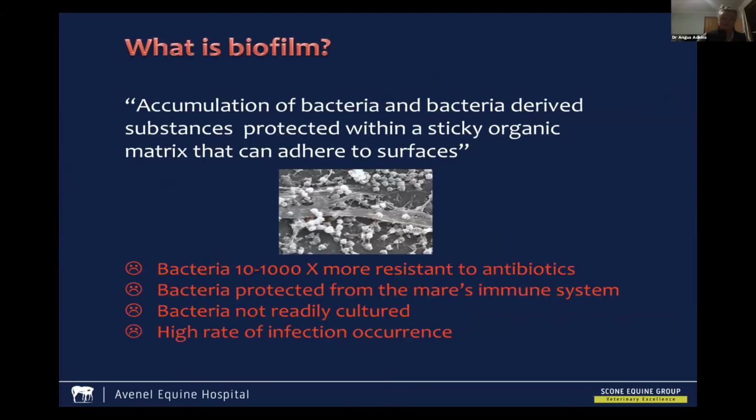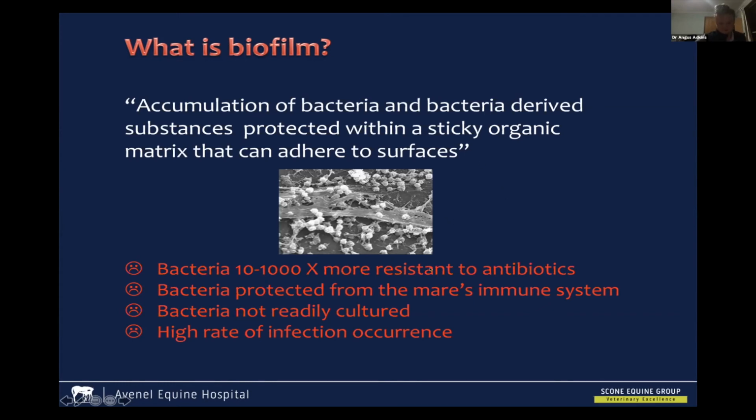It's described as an accumulation of bacteria and bacteria-derived substances protected within a sticky organic matrix that can adhere to surfaces. So it's not something we can see, but effectively it's a product of some bacterial populations. And the main issue with it is that it can be incredibly long-lasting, but it also protects the bacteria somewhat, both from the body's own immune system, but also from medications such as antibiotics that we use to get rid